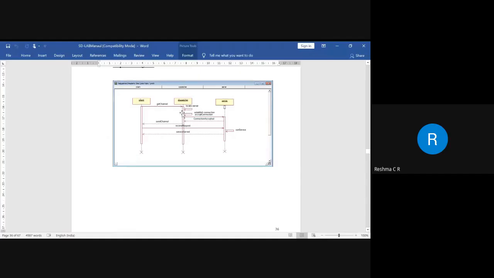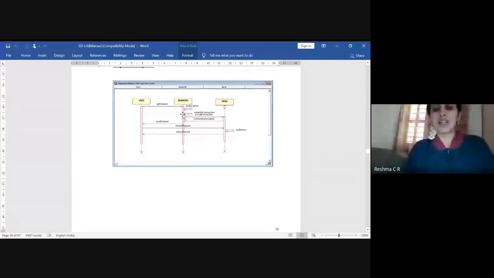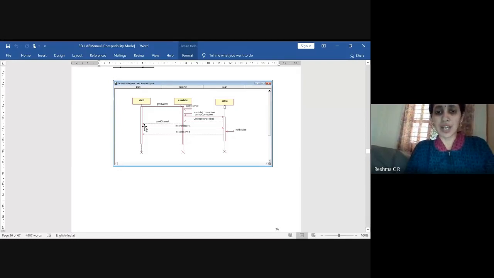So what happens? The dispatcher establishes a communication channel to the server. Once the connection is accepted, the reply will be returned to the dispatcher by the server, and the reply message will be sent back to the client. Once the communication channel is established between a client and a server, now what happens?